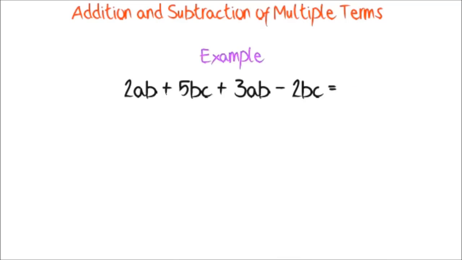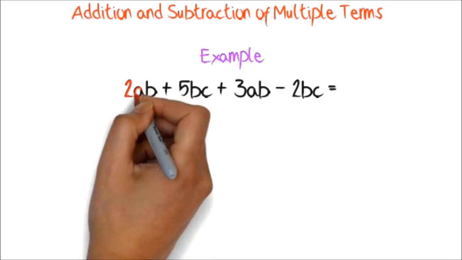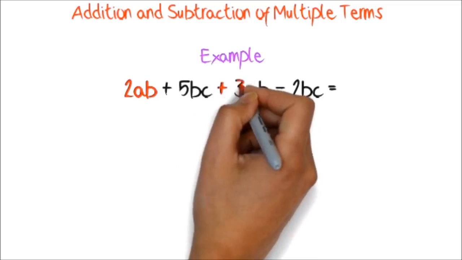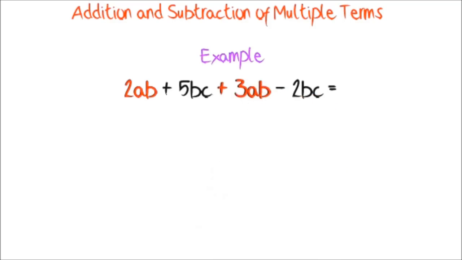Here, we take the first term, 2ab, and find out if there are other terms with the same letters after it. We notice we have 3ab, so we can add 2ab and 3ab to get